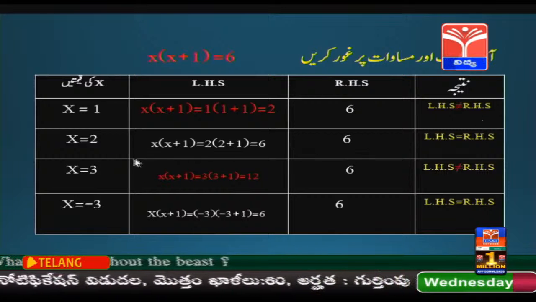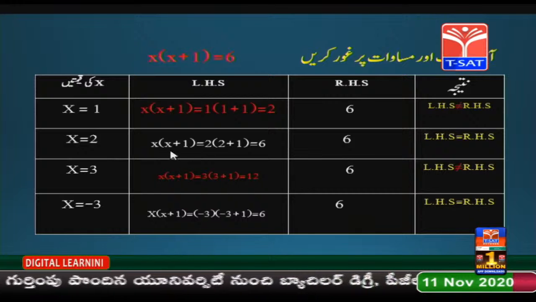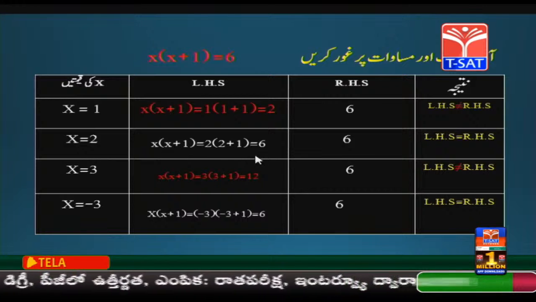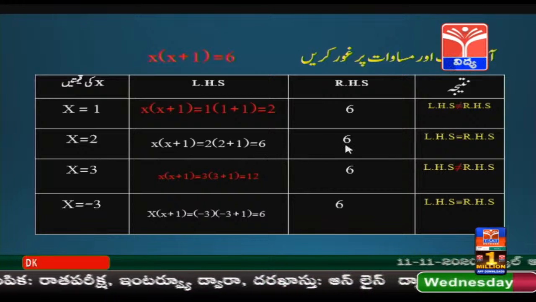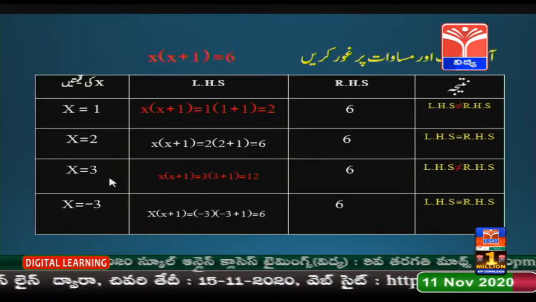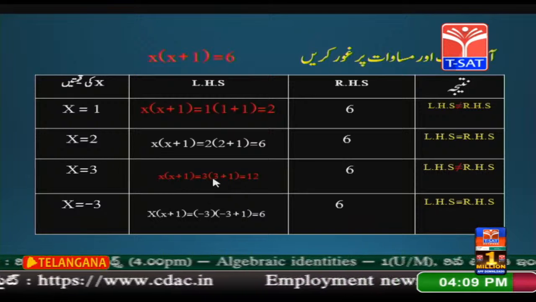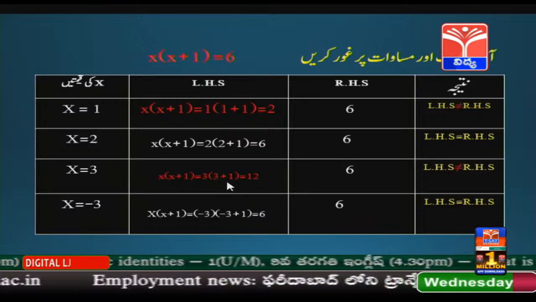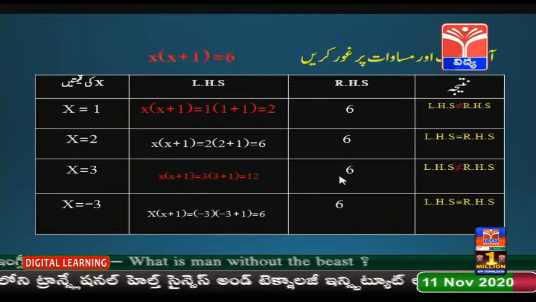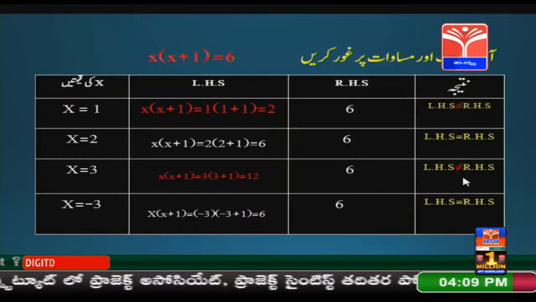اسی طرح سے 2 درج کر کے دیکھ رہا ہوں میں۔ x = 2۔ x ضرب (x + 1) میں درج کرنے پر 2 ضرب (2 + 1)۔ 2 جمع 1 کیا؟ 3۔ 3 دوگنی 6۔ RHS میں بھی 6 ہے۔ تو لہذا کیا ہوگا؟ LHS مساوی ہے RHS۔ اسی طرح سے 3 درج کر کے دیکھ رہا ہوں میں۔ x ضرب (x + 1) میں x کے بجائے 3 ضرب (3 + 1)۔ 3 اور 1 4۔ 4 تیا 12۔ یہ LHS میں 12 آ گیا ہے لیکن RHS میں 6 ہے۔ تو کیا ہوگا؟ LHS مساوی نہیں ہے RHS کے۔